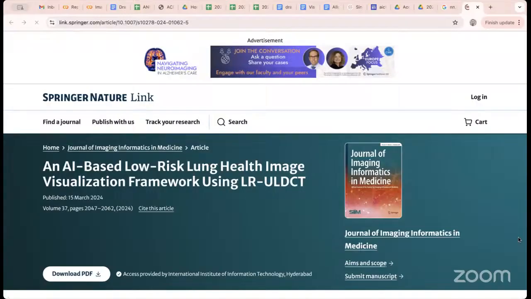Yeah, this is one of our recent works which we have published. You can look at it, download this, read it, and then if you find some difficulty, you can tell me. But I believe if you read this thoroughly, you will understand how to conduct good research in the area of healthcare while using machine learning technology. Okay, so it's like a journal. We can look for future publication also in this.